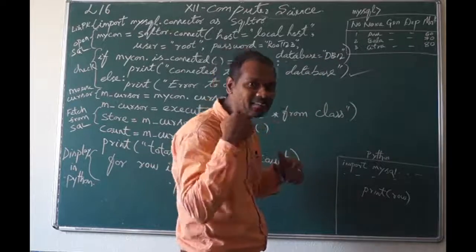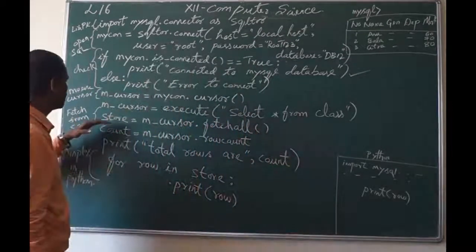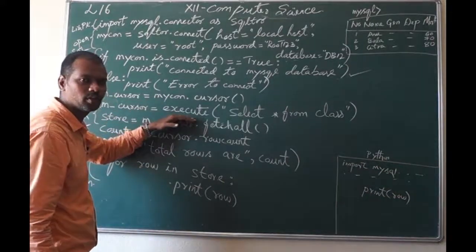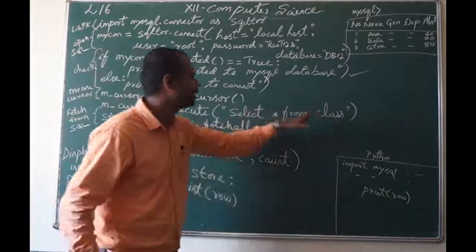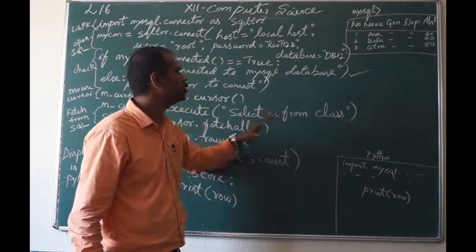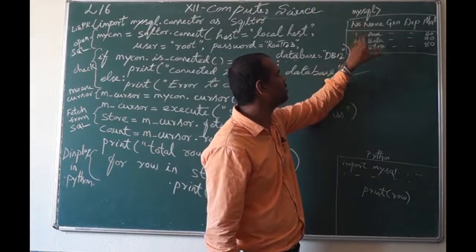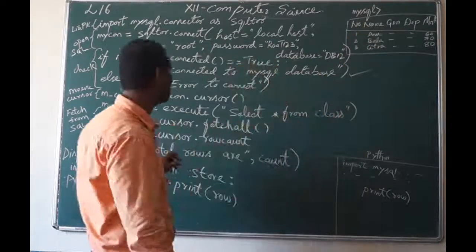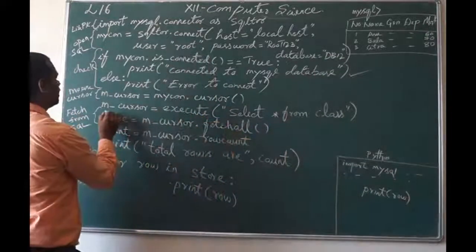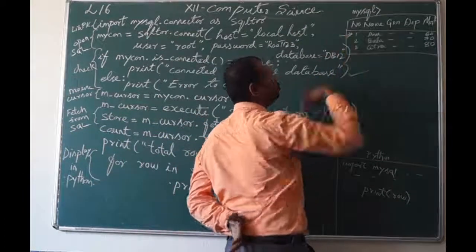But which class to go to, which place to go to. Okay, so we have to mention the mouse cursor, you have to execute, that means you have to go to the select star from class. So usually when we give select star from class, this table will appear. So in the table it says go to the first position. Okay, so execute select star from class means that one. So where will the mouse cursor go? It will go to the first place, this place it will go.